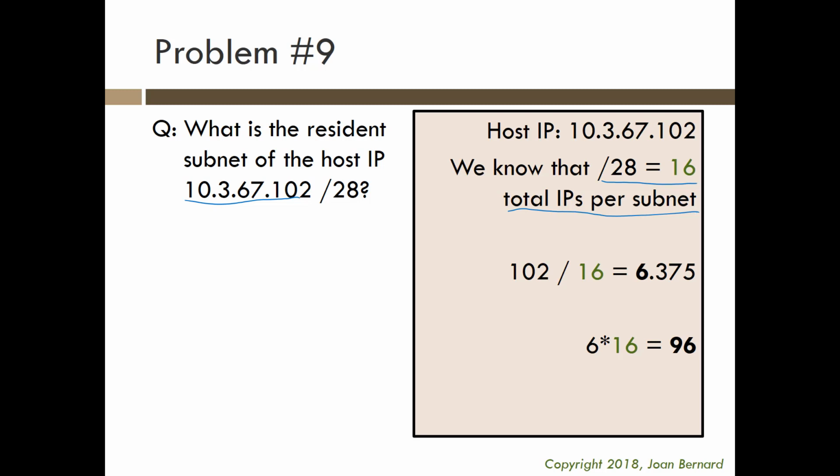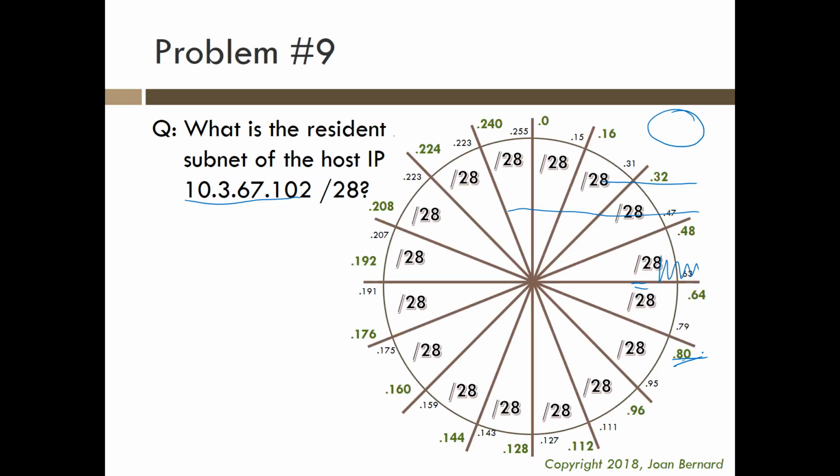And so we're taking this 102, dividing it by 16, and coming up with 6.375. We don't care about that remainder. So we're just focused on the whole number of 6. We take 6 times 16, and 96 is where our answer is going to be. Right? And let me just get rid of this. So if I take a look at